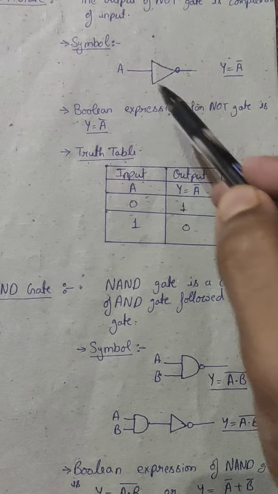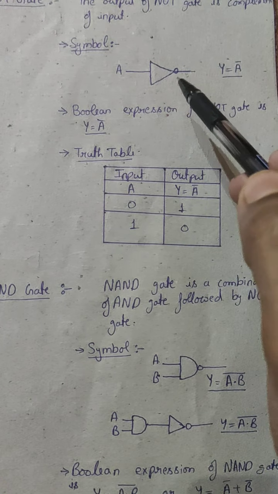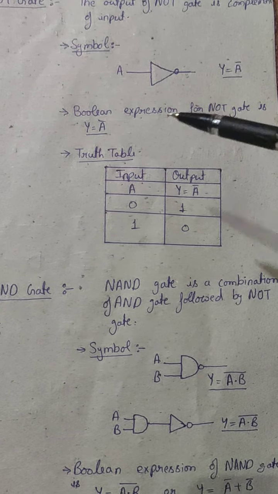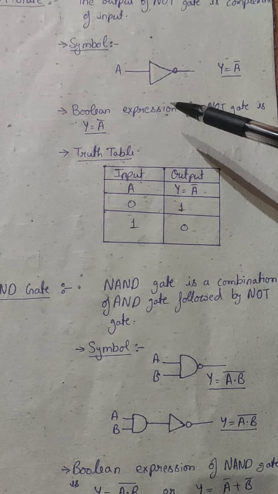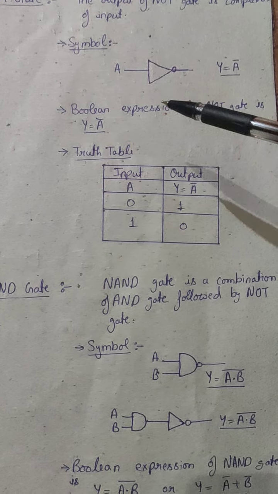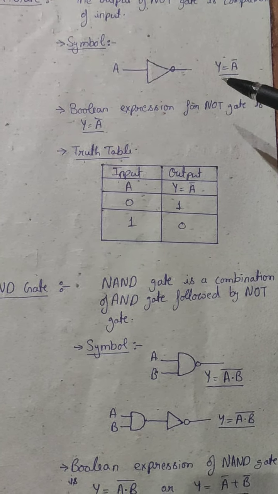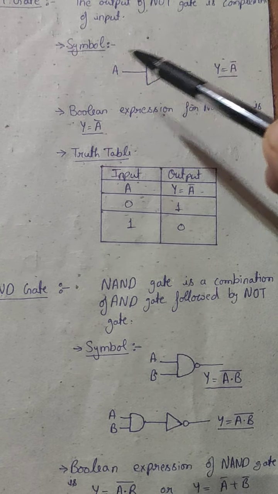One of the important points for a NOT gate is that, like we have all seen earlier, the AND and OR gates have more than two inputs, but here in the NOT gate there is always one input provided and one output. So this is the unique property of the NOT gate.